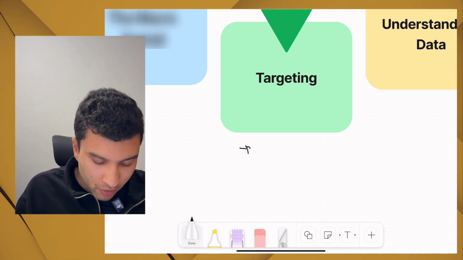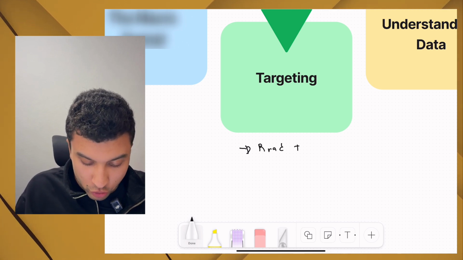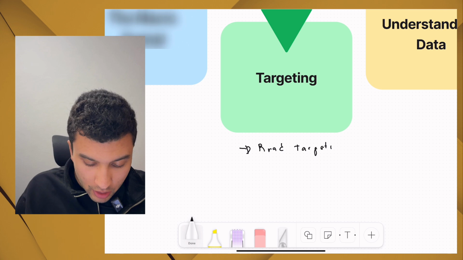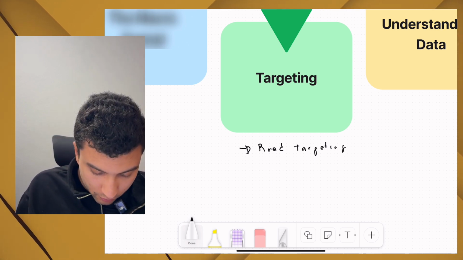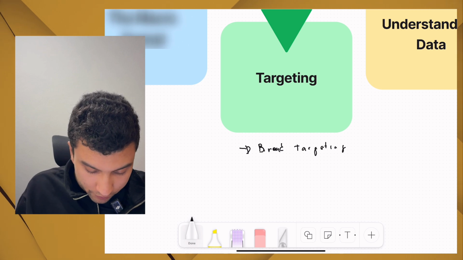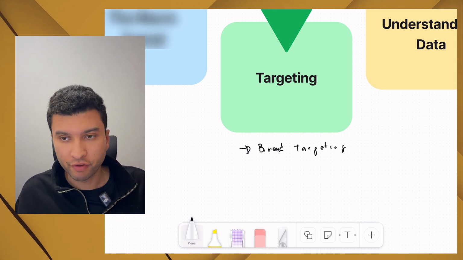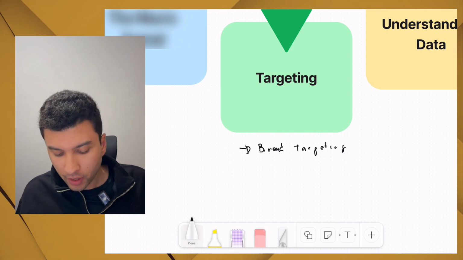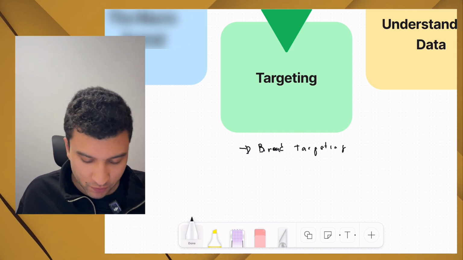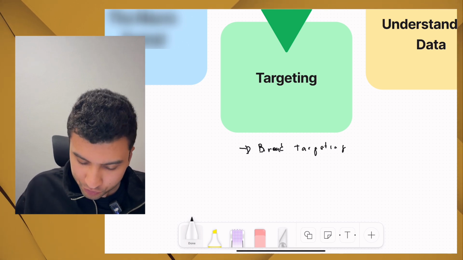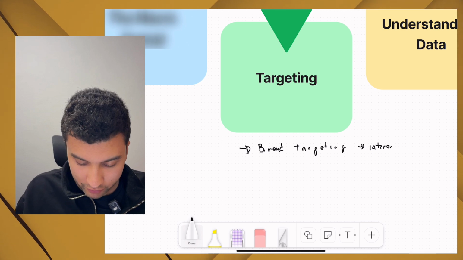But what you should focus on is number one. Generally, you want to opt for broader targeting, so avoid being too specific. Broad targeting is usually a good place to start because it gives Facebook a larger audience to find what's working better or not. But you should have some kind of direction for Facebook. So for example, if you're running campaigns, you want to have interests which are relevant for your business,